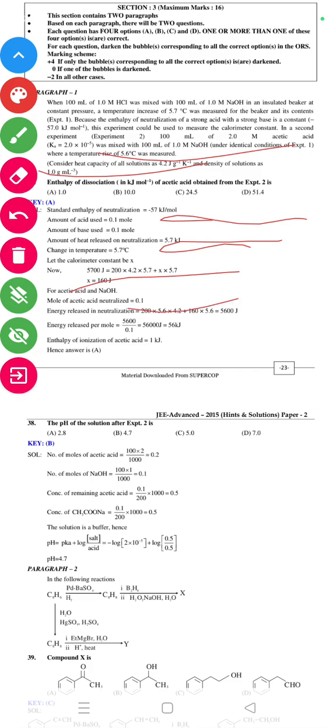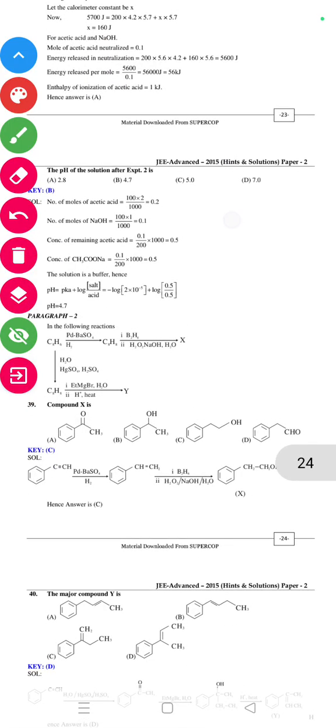Energy released in the neutralization 200 गुना 5.6 गुना 4.2 प्लस 160 गुना 5.6 इक्वल टू 5600 जूल। एनर्जी रिलीज पर मोल हो जाएगा 5600 बाय 0.1 यानी कि 56 किलो जूल। इंथैल्पी ऑफ आयनाइजेशन ऑफ एसिटिक एसिड हो जाएगा 1 किलो जूल। तो आंसर क्या जाएगा, ऑप्शन ए यानी 1.0।